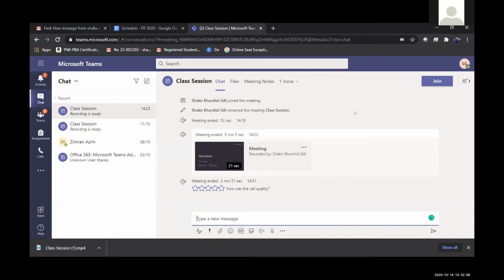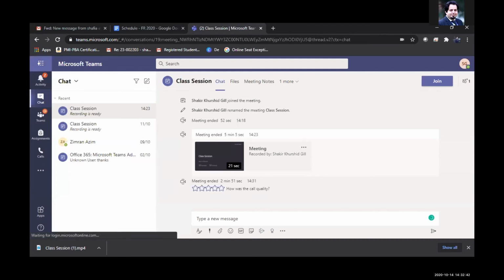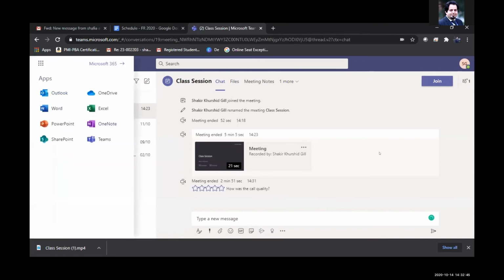So can we make groups in the whiteboard, the breakout rooms and all that? Can you please tell if that will happen, like with Big Blue Button? Yes, certainly the breakout rooms can be created. For that, the instructor would need to create their class. And then after creating their class on MS Teams, they can create sessions and break them out into different students. Do you want me to cover this right now? Because that would take some time actually.